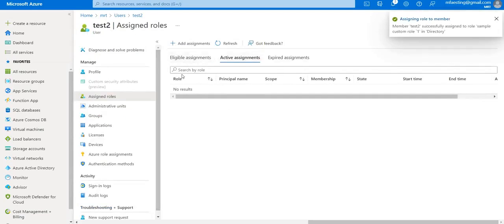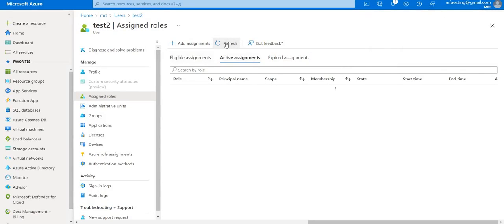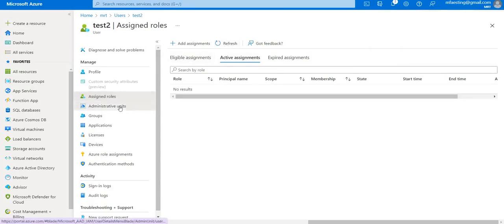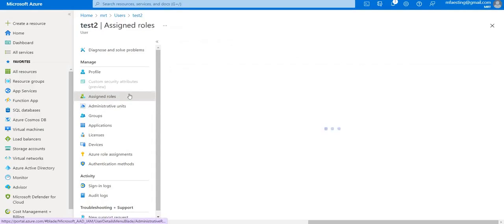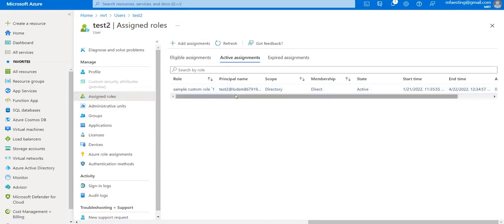So here you can see that custom role. It will take a few seconds to update. There you go. So as you can see, this is how we can create the custom role and assign it